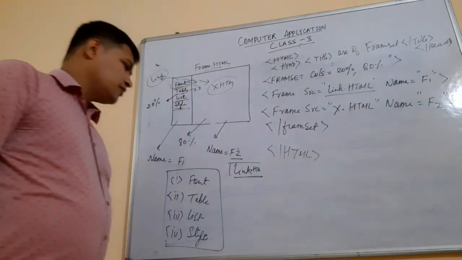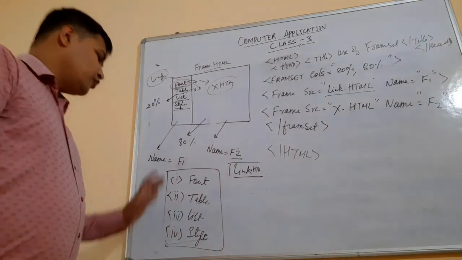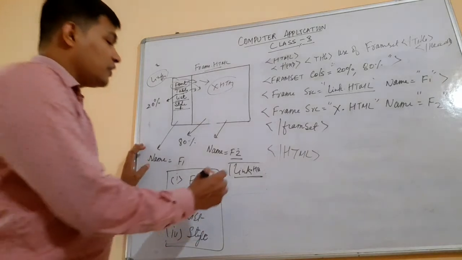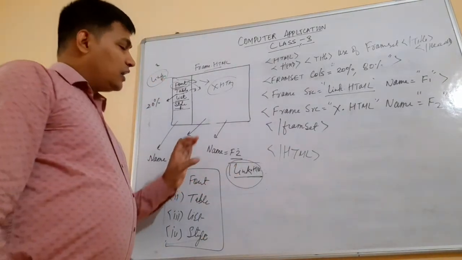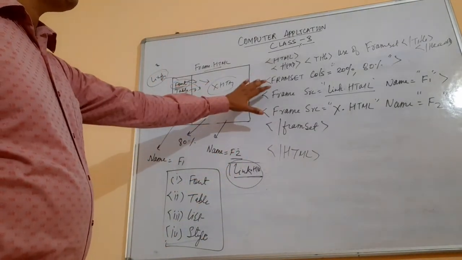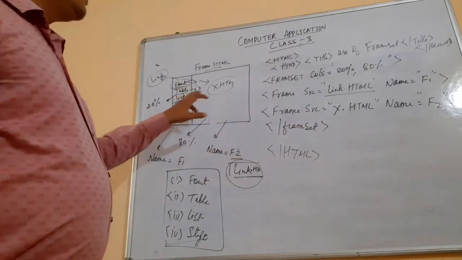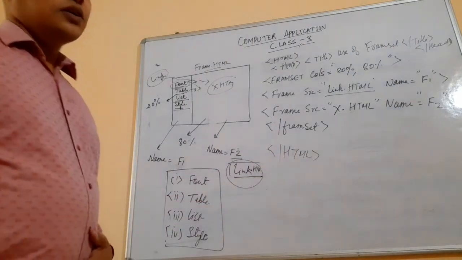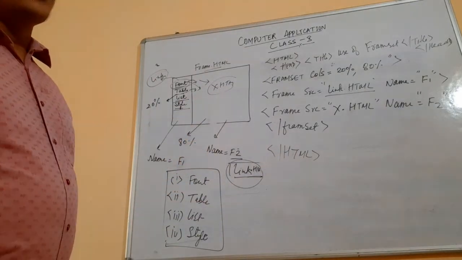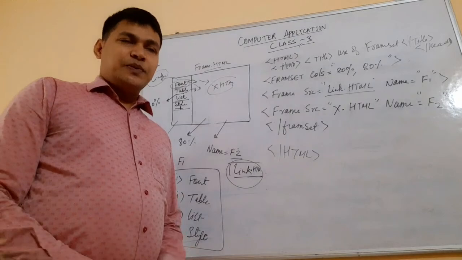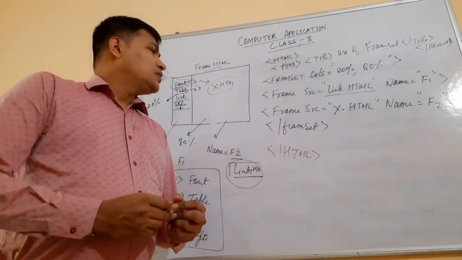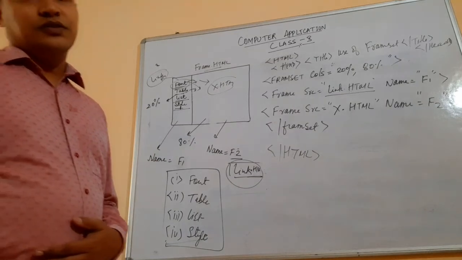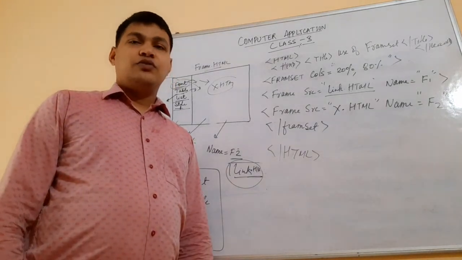You must understand this. First of all, I'm reminding you, first of all, the 4 files for font will be created, and these 4 files are called in another file named link.html, and this link.html file will be called in the frame, in the first F1 target area, and so on. You can perform this and create this web page. Students, this will help you display the content of various web pages in the same web browser. Thank you very much, and keep learning through my YouTube channel.